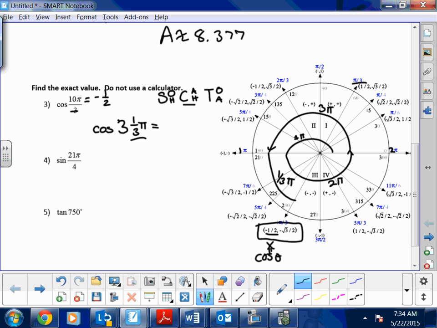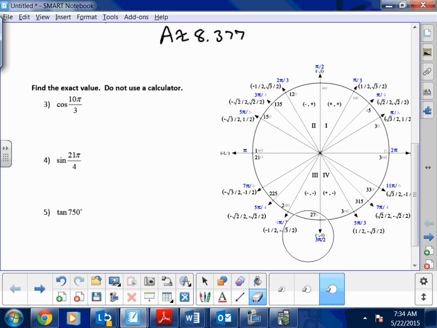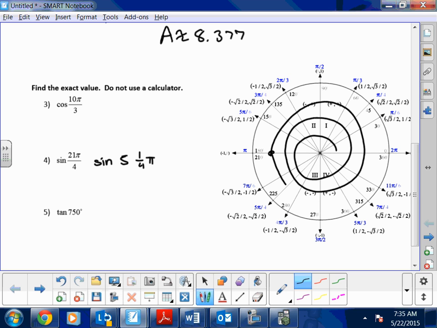Let me clear out some items right here because I want to make sure we get a clean history. With this one right here, we're going to do the same thing. This is really sine of 5 1/4 pi. That means we're going to go over this 5 times. So follow me on this: 1 pi, 2 pi, 3 pi, 4 pi, 5 pi. And then from there, we're going to go 1/4 pi, which is right here. I'm going to get the x value,